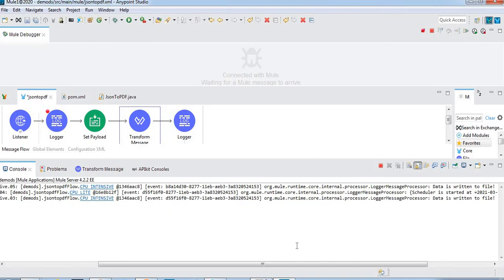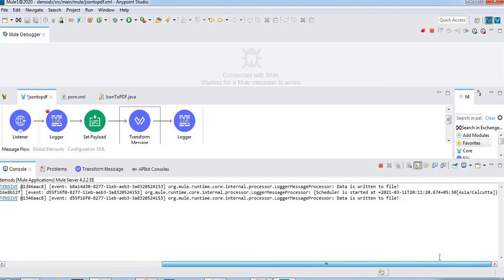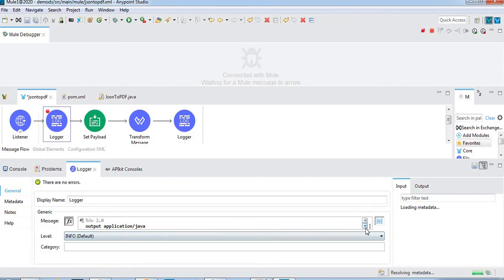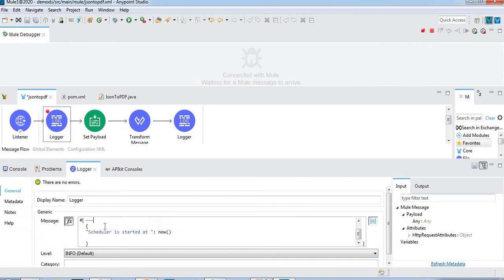See, now we can see the data. The scheduler is okay. See, some logger I have printed here. Ignore this one, the time I am just printing, so don't worry about that. Scheduler is started, I have given text like this. Instead of this, we can give HTTP call is made like that. Time I have given. So the request is processed.